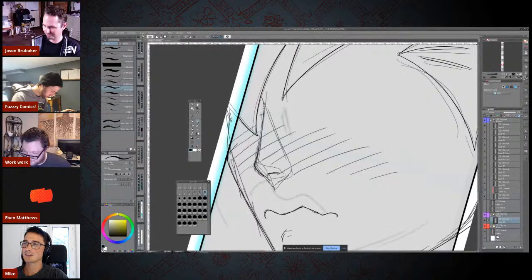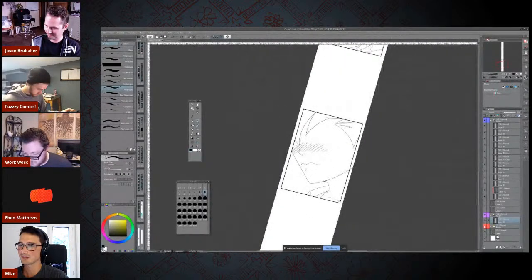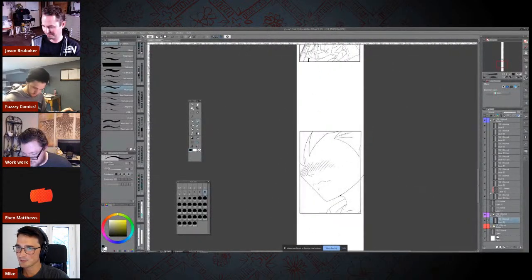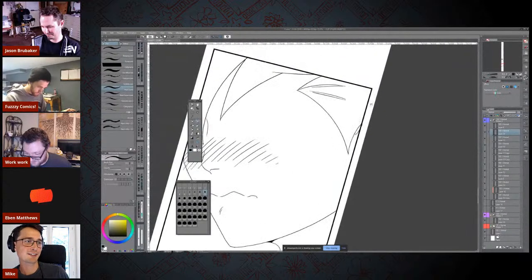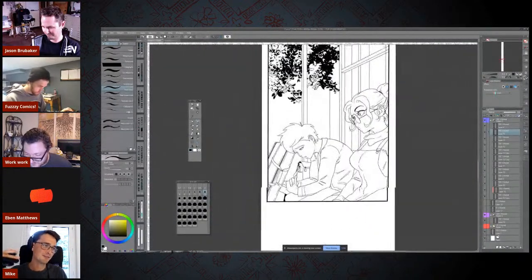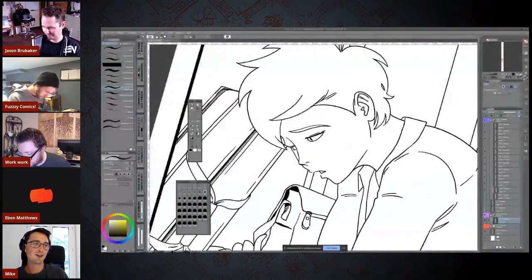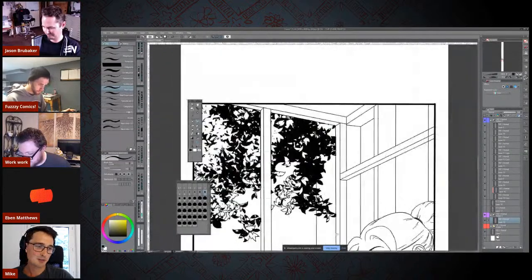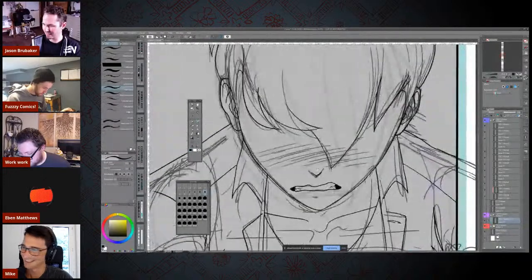Actually, so I kind of skip the thumbnailing and reflection part because I do it all like 100% scale, which I'm not sure is the most productive way of working, but as long as it works for you. If it works for you, then it doesn't matter. I mean, it's a little bit slow. That's the only thing, because I'll just keep on doing versions of the same thing over and over again until it's almost clean, and then I'll do the final line work. So it takes a while, but it works. It gets me there eventually.